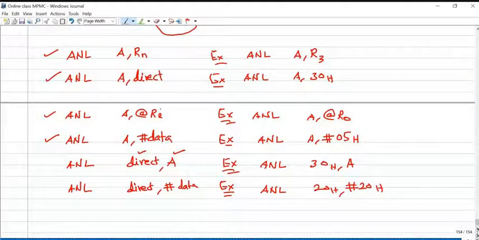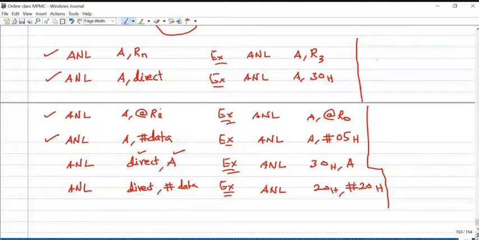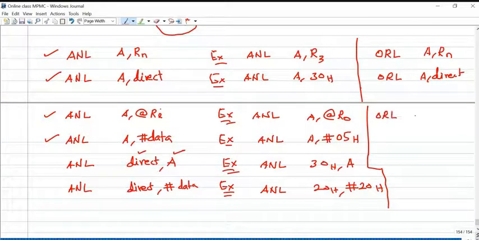Similarly, for the logical OR operation, I'll write down the keyword here itself: ORL. ORL A comma Rn. Similarly, ORL A comma direct. ORL A comma @Ri.